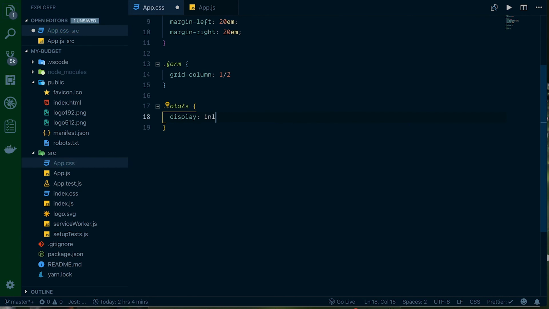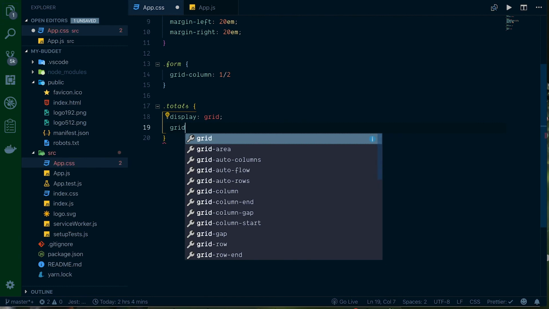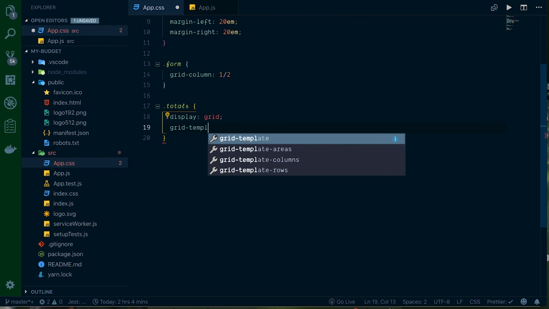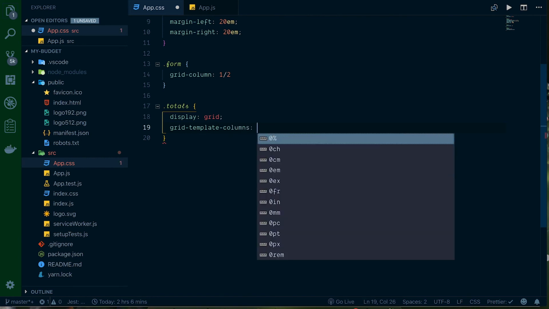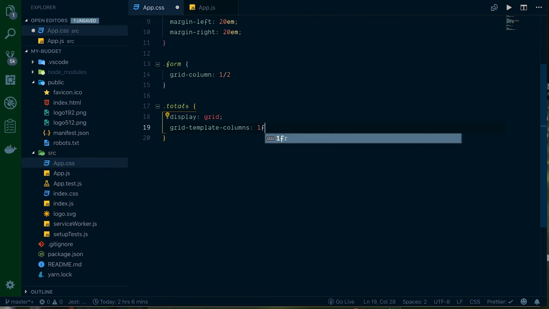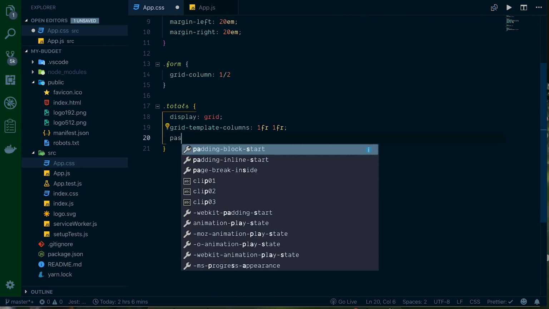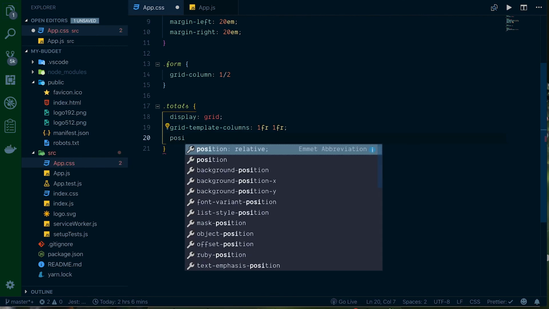And we're gonna go display grid, and then we'll go grid-template-columns, and 1fr 1fr, and then we're just going to keep this with the position